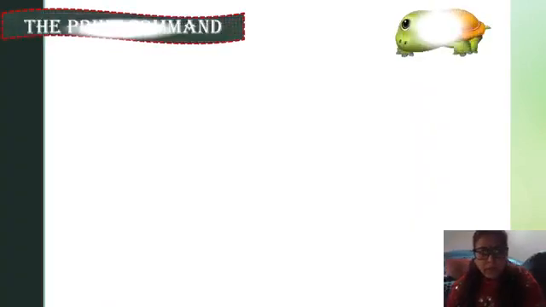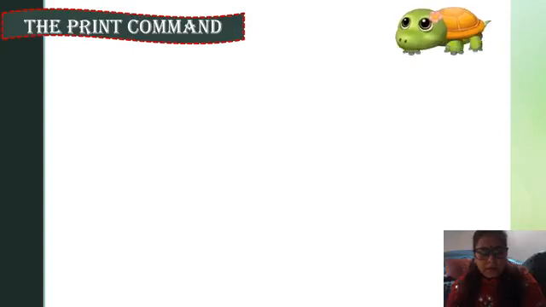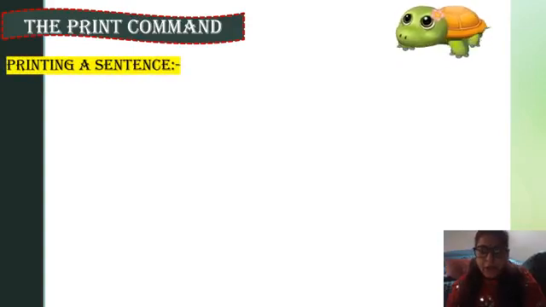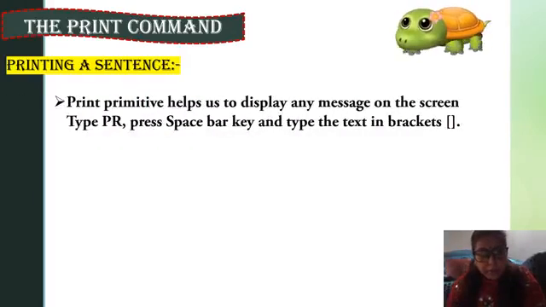Okay children, now the next is printing a sentence. The print primitive helps us to display any message on the screen. For that you have to type PR, press the spacebar key and type the text in a bracket.